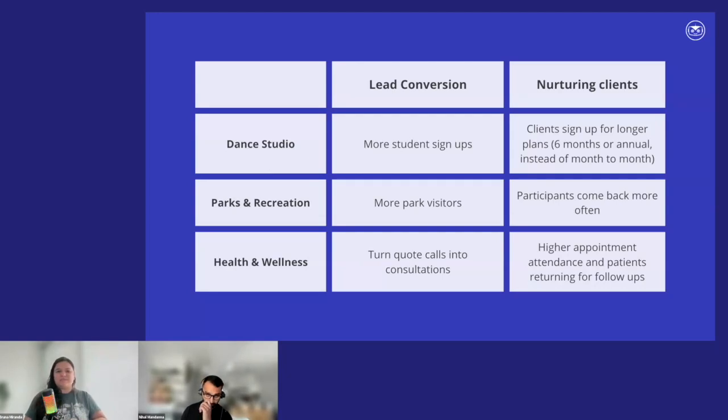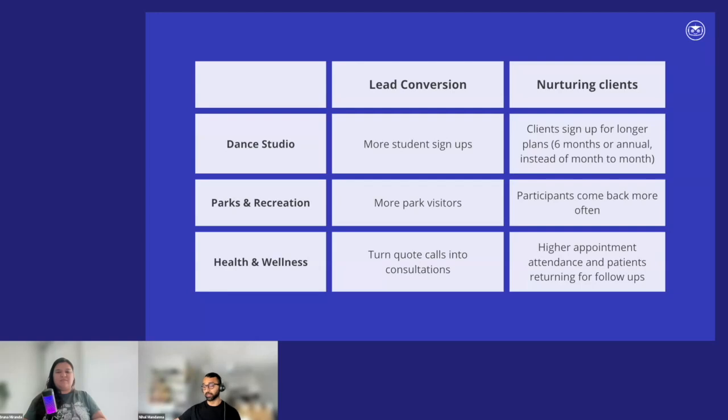No, 100%. And I think, to your point here, what is the goal of your email and what are you trying to achieve with it at the end of the day? Of course, at the end of the day, we're all trying to show ROI and the impact of our work. And that often comes more immediately through lead conversion. And lead conversion for different types of organizations or businesses can look different. You've included some good examples here, where let's say it is a dance studio or some type of recreation. Getting more people to sign up is maybe a more immediate goal that you might have.